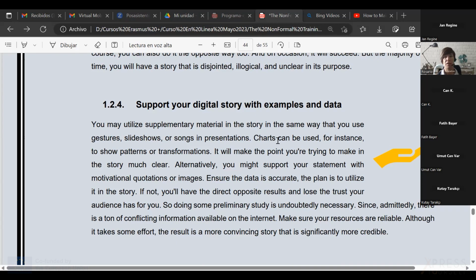Charts as well are good to use when you want to show patterns or transformations, and that will clarify things. You can also use quotations or images.